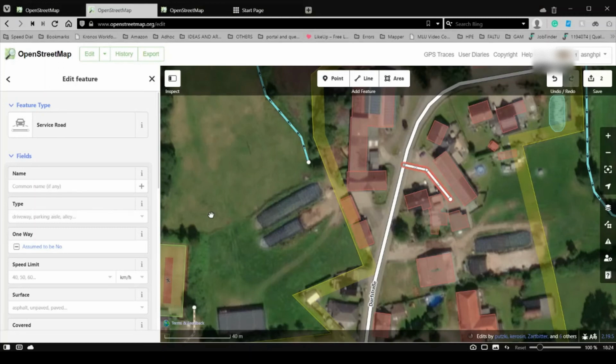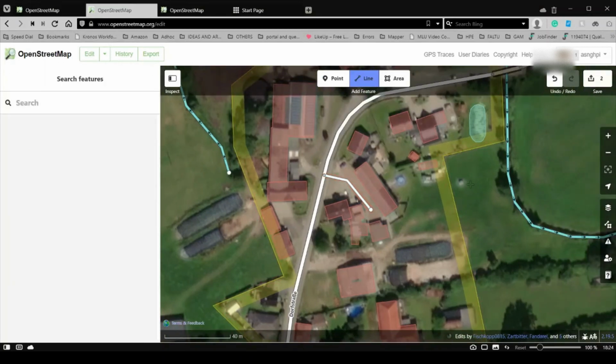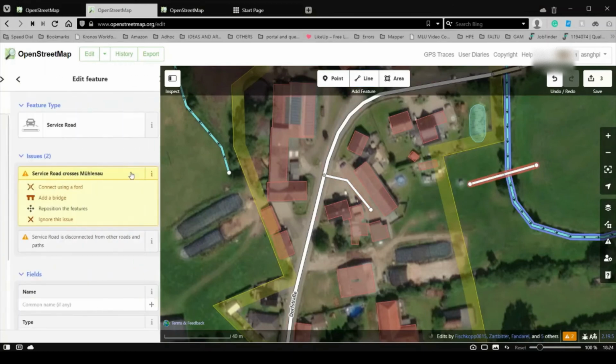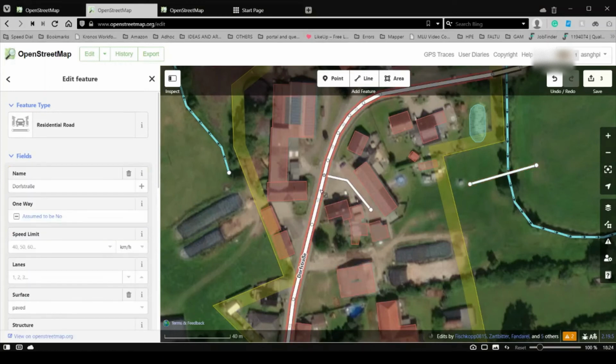You can either continue to draw more points to establish the line, or double click on the last point to finish drawing the line. The line will glow red to let you know that it has been created. A dialog box will open up to the left of the map editor. You can specify whether the line was a road or a path or a river or any number of options. You can be very specific or general depending on what you can determine from satellite imagery.